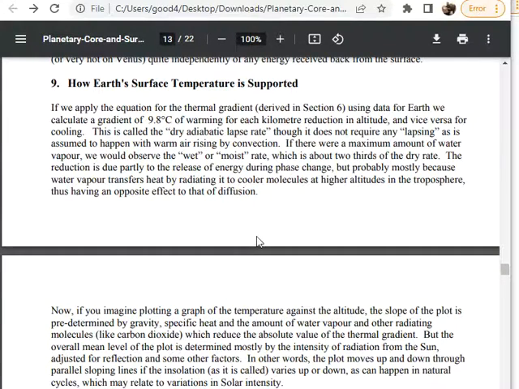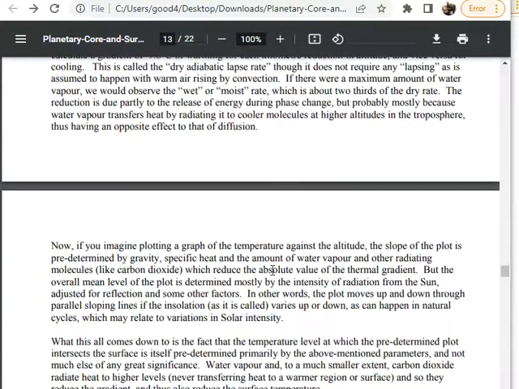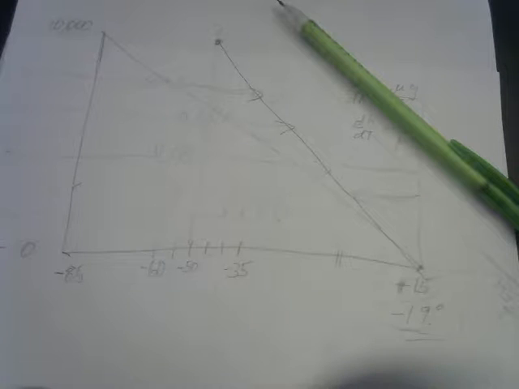Some of this stuff sounded right because this part seemed right. If you imagine plotting a graph of the temperature against the altitude, the slope of the plot is predetermined by gravity, specific heat, and the amount of water vapor and other radiating molecules like carbon dioxide, and those radiating molecules reduce the absolute value of the thermal gradient. And I agreed with that. I was saying, okay,